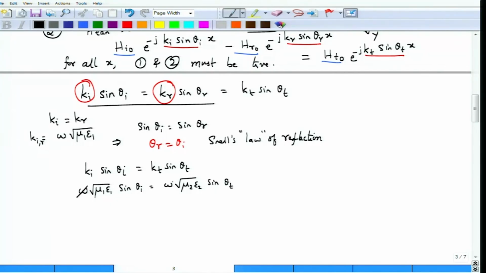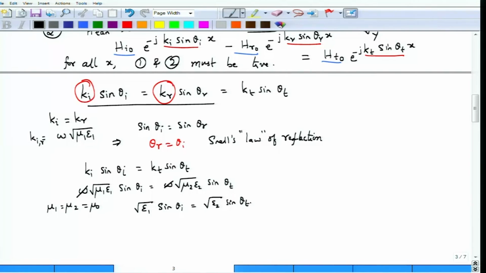Omega is the same on both sides, so it will go away. Typically mu1 is equal to mu2 and both are non-magnetic, which means they are equal to mu0, and they can be removed out of this expression. So what you are left with is square root epsilon 1 sin theta_i